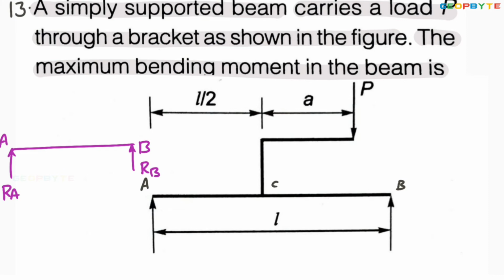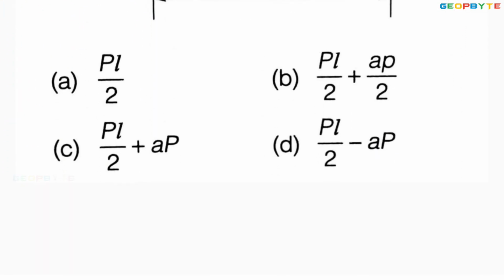Because of the eccentric loading, the moment developed at C, the middle point, equals P multiplied by a. That P multiplied by a is developing the clockwise moment at C. In addition to that moment, the point load is acting exactly at C, which is P. This is the free body diagram. By using this free body diagram, you can find the maximum bending moment. Right. Now, let us separately draw the diagram.